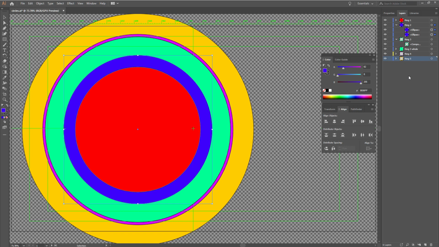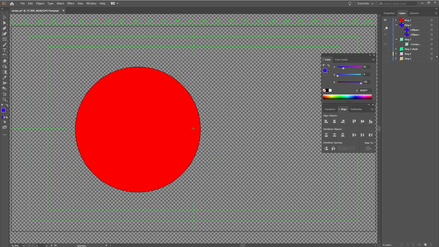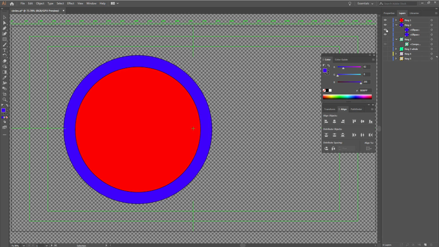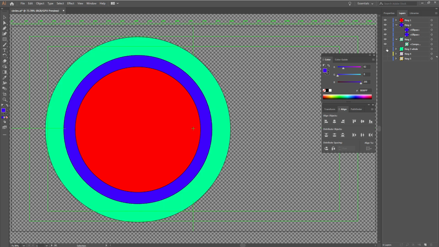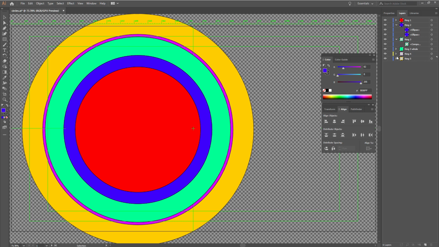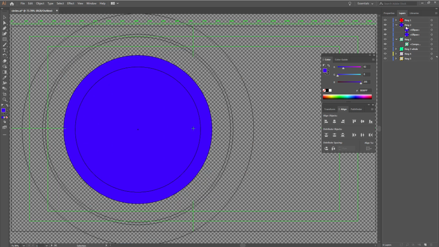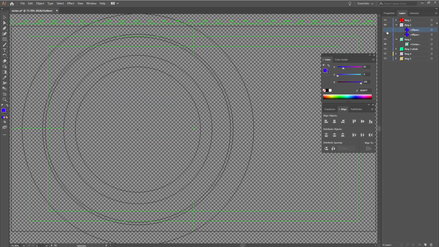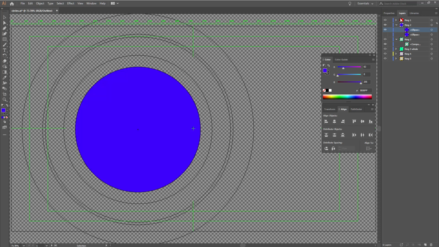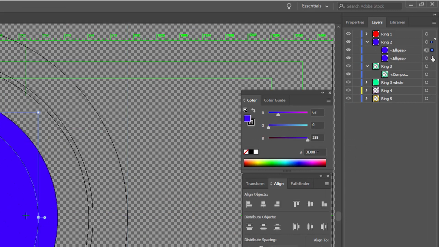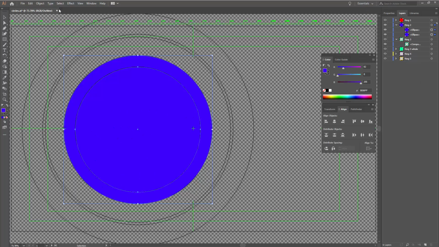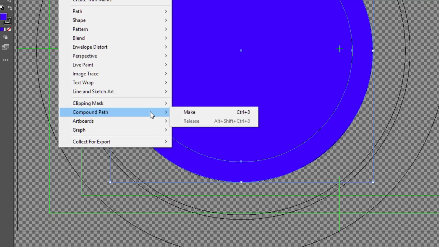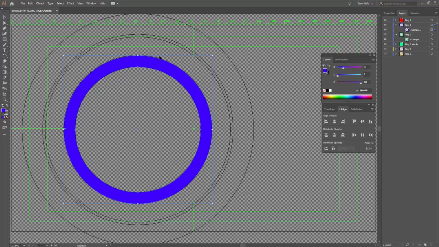So in Illustrator, I have created up some rings. Let's just take a look at these. I've got my inner ring here. I've got an outer ring, and the rings go out and out and out. And all these rings are, if we have a look at this one here, this ring 2, what I've got in this one is actually 2 ellipses. I've got a small one, which is the same size as the previous ring, and then I've got one that's slightly bigger. And what I'm going to do is just have these 2 selected, come up to Object and go Compound Path, Create. And that's what is going to give me my little ring here.